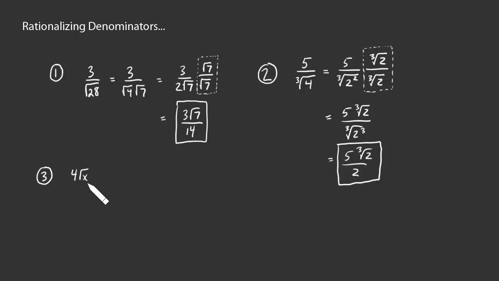4 times the square root of x over 2 times the square root of x plus 1. What can we do here? Again, we're trying to rationalize the denominator. That means we want to get rid of this radical. But how can I do that? Can I multiply this denominator by something to make that happen like we did in the previous 2 examples? What could we multiply by? If I multiply by the square root of x,